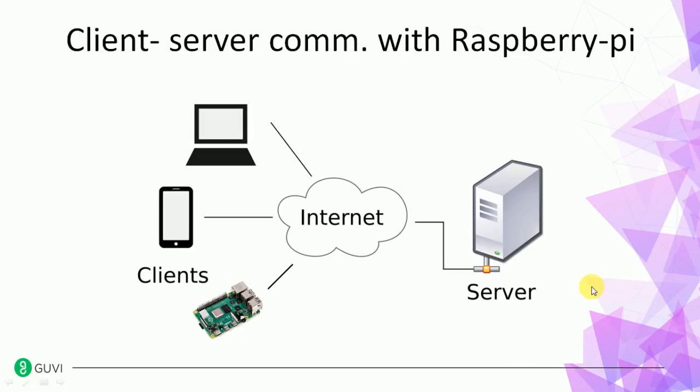So now we'll have a look at the most common application of Raspberry Pi, which is client-server communication. First we'll have a look at Pi as a client, and then we will be using Pi as a server. But before we go into that, it is better to understand what client-server communication is for those who are new to it. We will also look into how API services work and how we can use these API services and JSON services to build our own HTML pages.